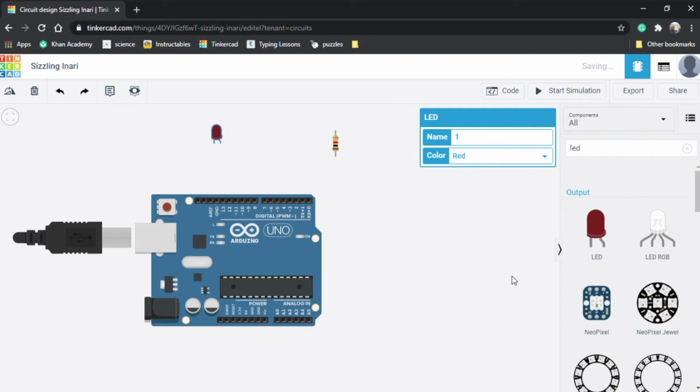This is the basic way to use the Tinkercad website. Now we can leave this color here. The color does not play an important role, so we can just leave it. Now let's click this resistor, and we have to change the value here to ohms. We click here and write 220 ohms, because that is the approximate value which we need to light up an LED. So this resistor is 220 ohms, and here's the LED, and here is the Arduino board.